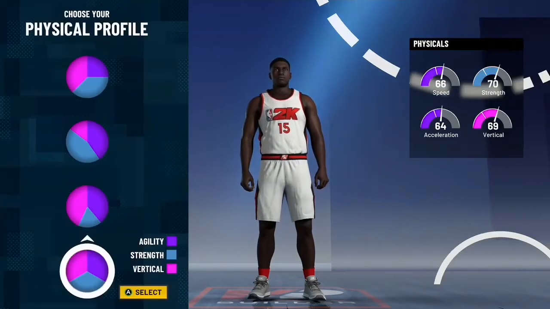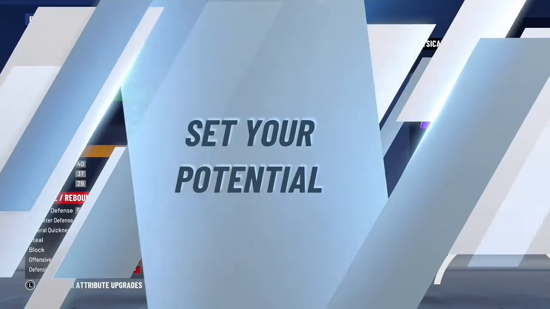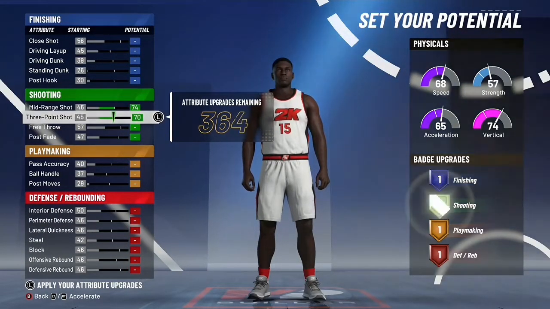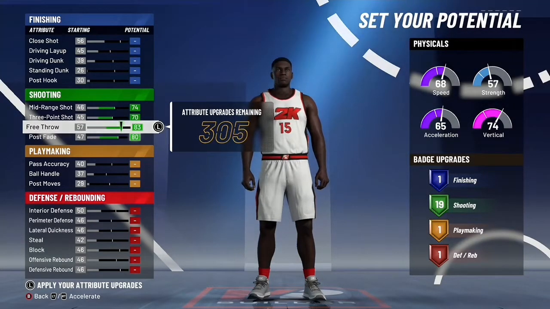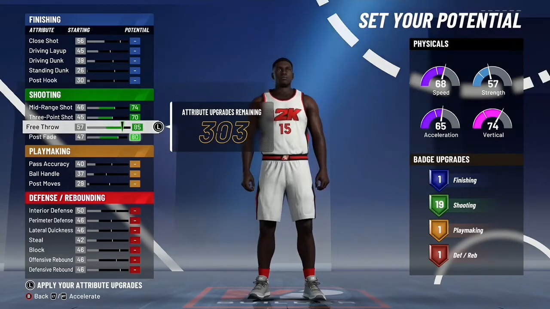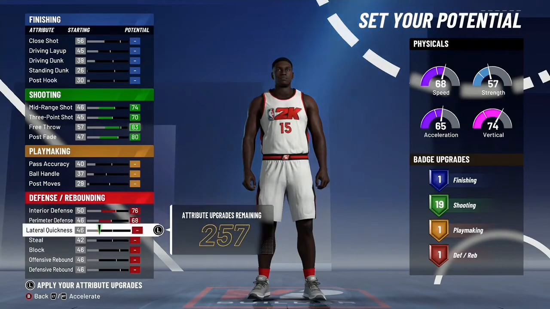Now I'm going to come down, you want to pick the second to last physical profile. Now you're going to come down, max out your shooting, every single one of them, and I want you to take on your free throw, take down 1, 2, 3. You want to take down 2 stats. Now you come down to your defensive, max that completely out,